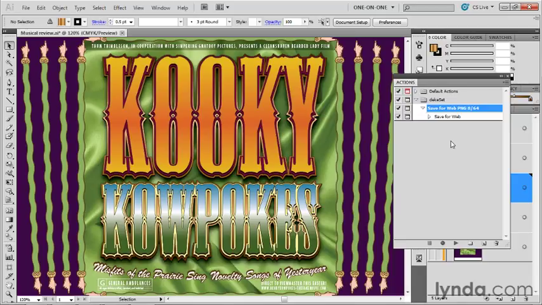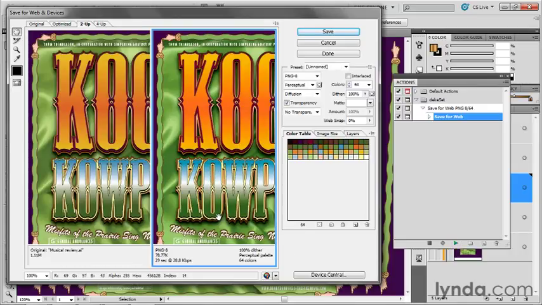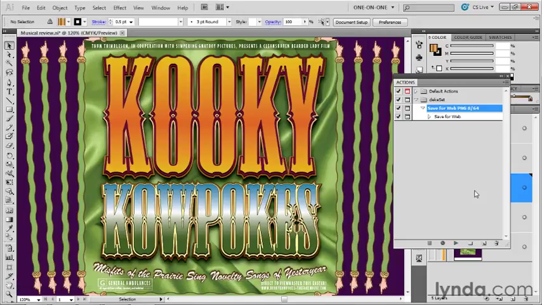But if you want to play that action back, you click on it, or you can click on an individual step, a single operation inside of an action if you want to, and then you drop down here and you click on the play button. So if I do that, then I will bring up the Save for Web dialog box, and then I would make whatever modifications I wanted to. I'd click Save and then go ahead and save my file. Anyway, I'm going to cancel out for the first of several times here because there are a variety of different